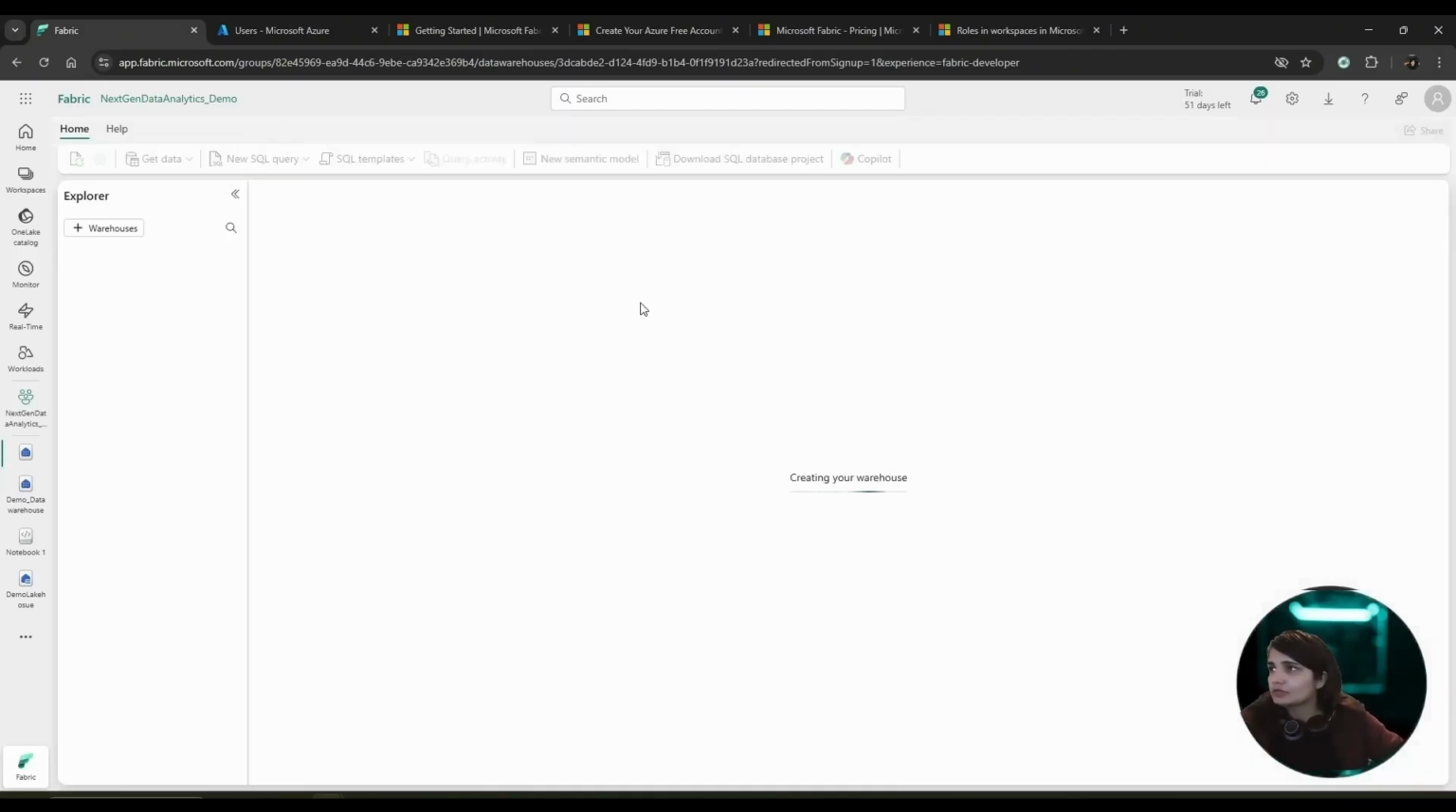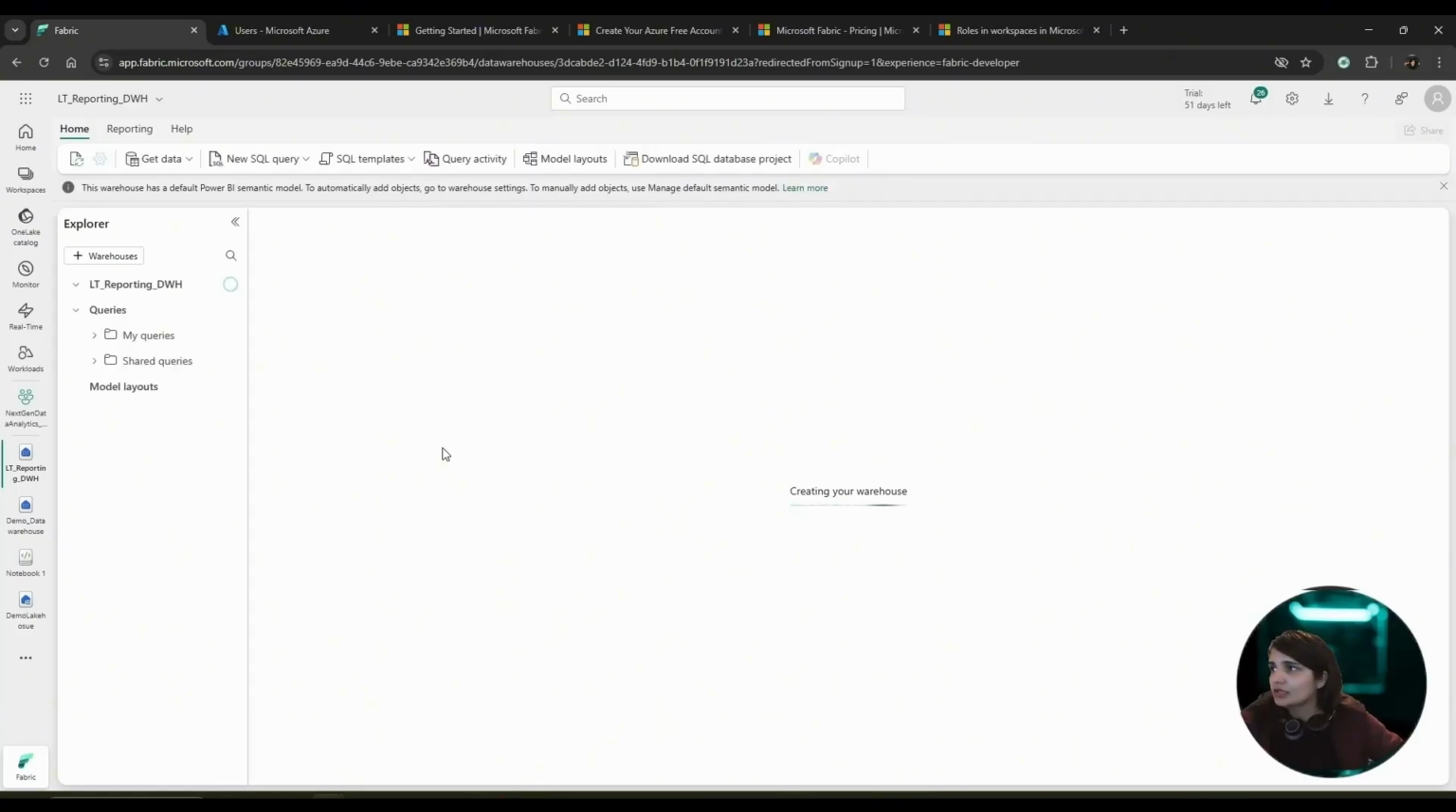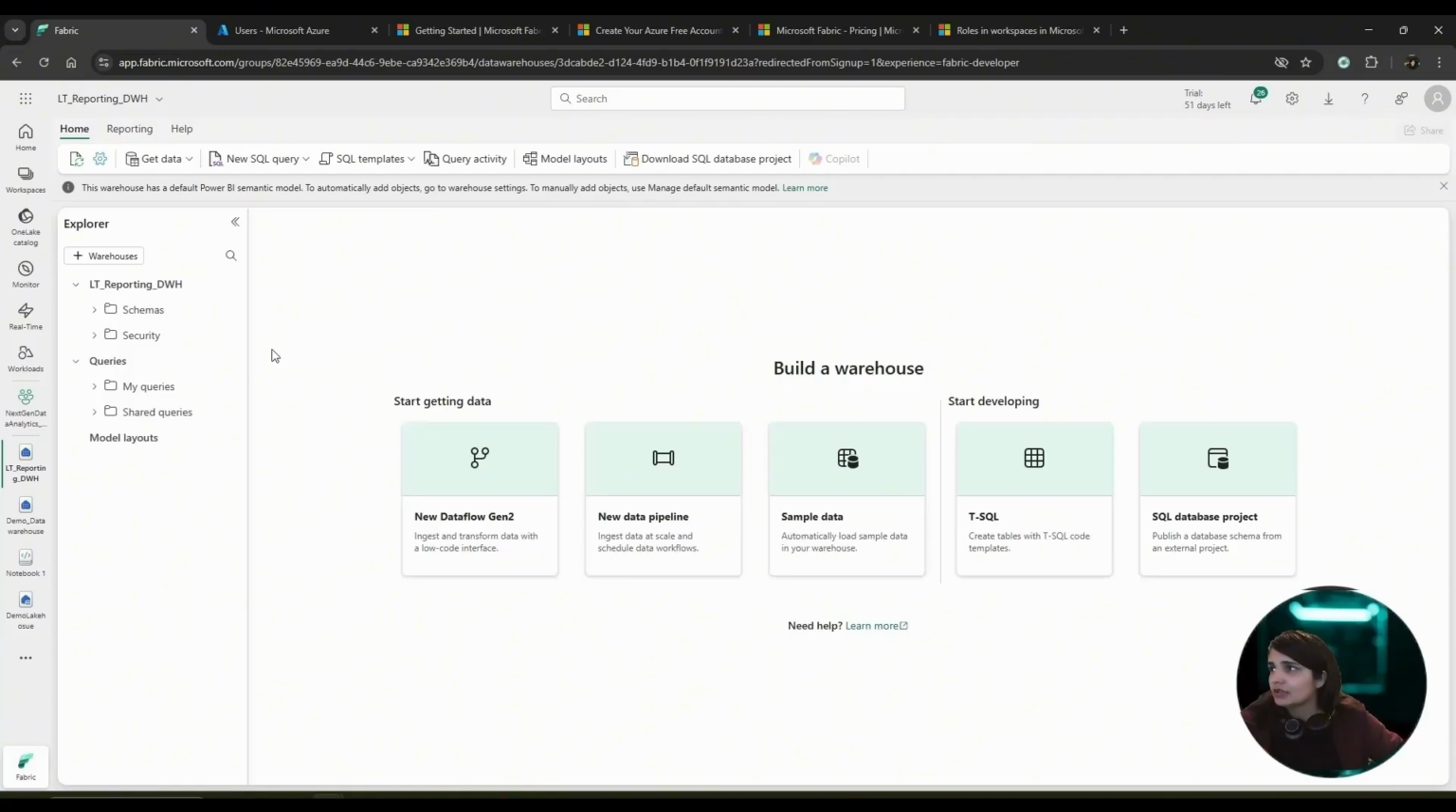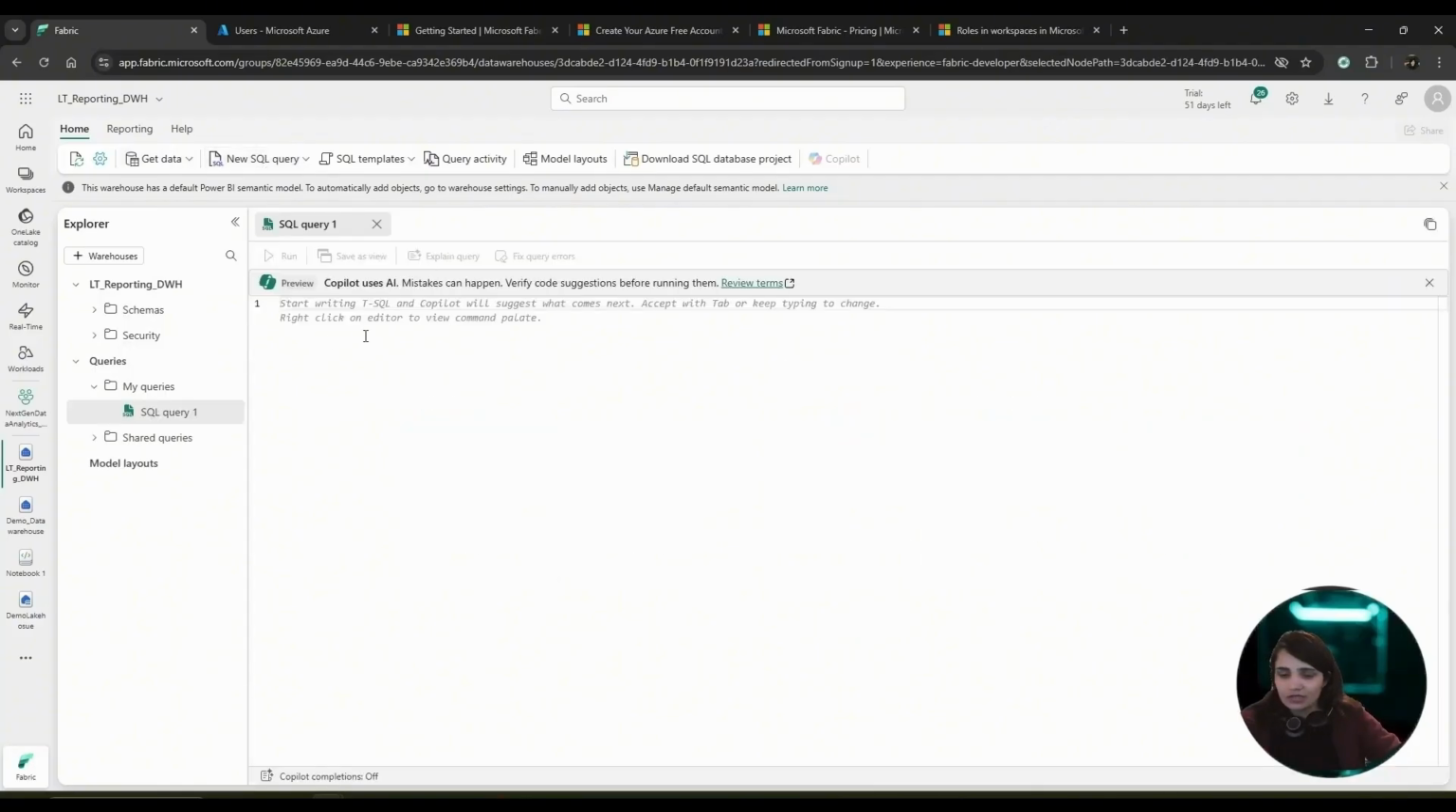And now your data warehouse is getting ready. Yeah, so it will provide you default schemas. Right now it doesn't have anything. Sorry, it has by default the DBO schema, and then security, and then your queries. You can write your queries here. Right now I do not have any data in it, so I'm just gonna